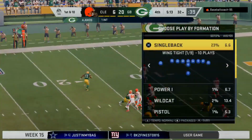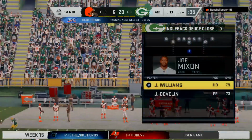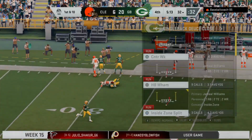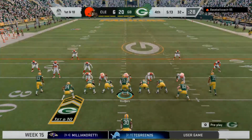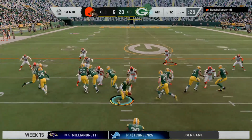Adrian Amos with a pick. And they are going to set up shop at the 32-yard line. Okay, it's real simple to say from here, but we know that sometimes as a quarterback, you've got to know when to say when and just throw it away. Flushed out to the right, tries to make something out of nothing here, and he winds up floating one downfield